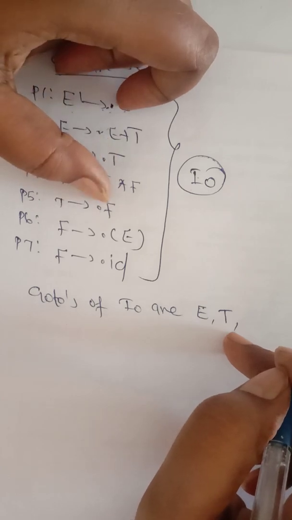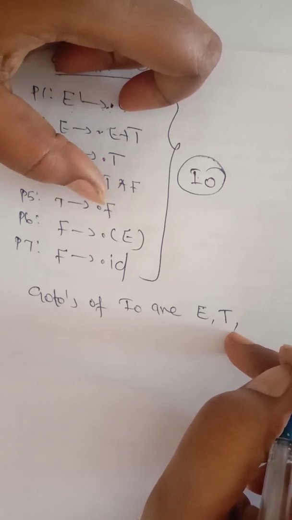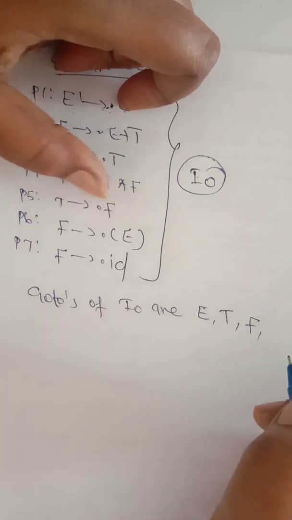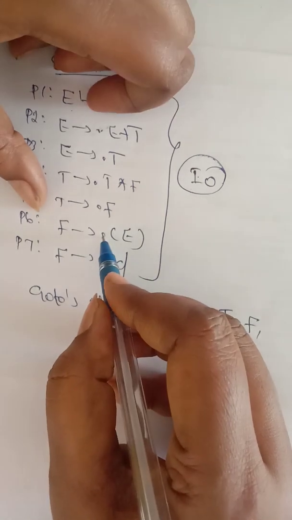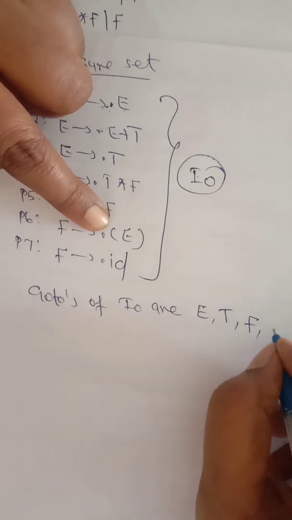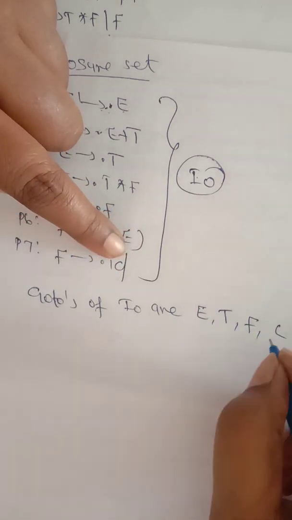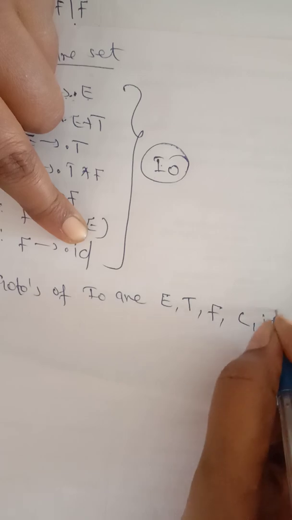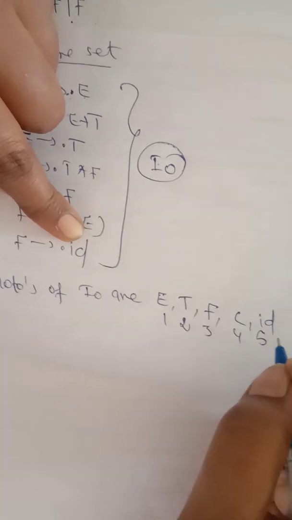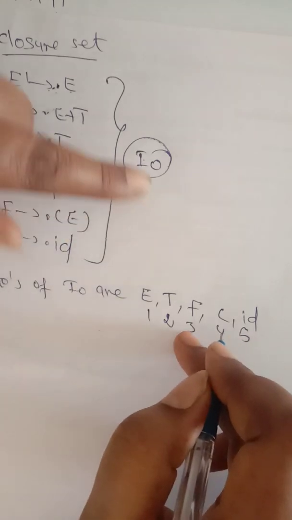Then come to the fifth production. In the fifth production we have T goes to T dot F. Immediately after the dot we are having F. So I consider that F value, because F is not already noted. Then come to the sixth one. In the sixth one, after the dot we are having open bracket. Open bracket is not available in the go-tos of I naught, so please note it down. Next in P7 we are having dot ID. ID is not noted, so note it down: ID as go-to of I naught. So here we are having 5 go-tos. We have to apply those 5 go-to values into I naught.